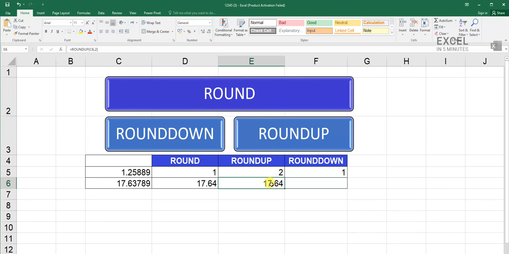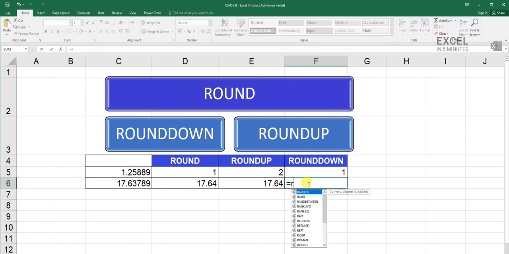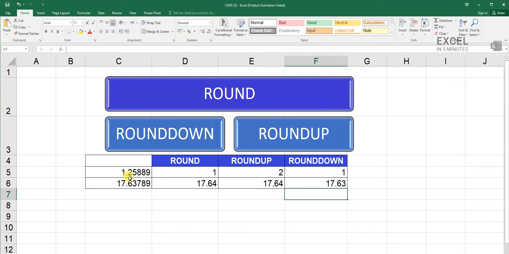17.64. And the last one, ROUNDDOWN, I write equal ROUNDDOWN and then I press on the number, comma, and then I want 2 numbers after the point and then I press on enter and I have